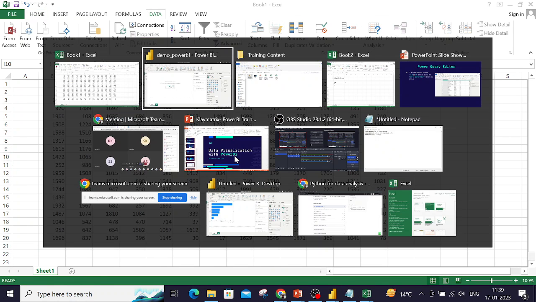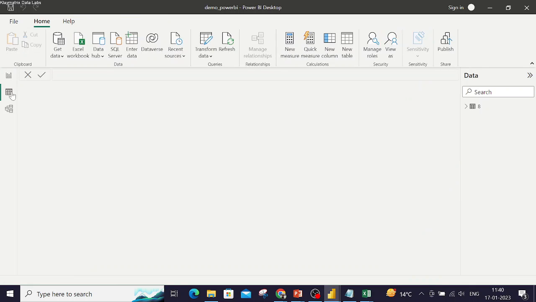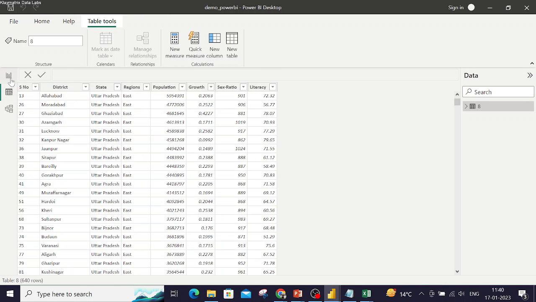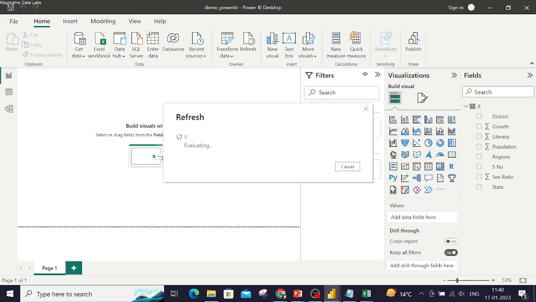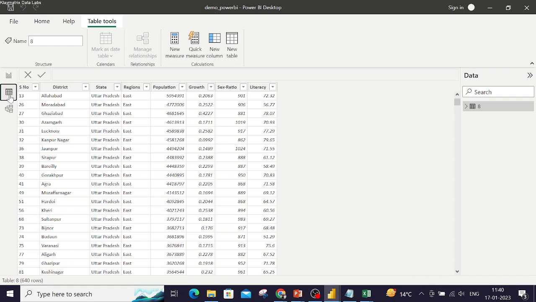and if I see the data here, this is the old data, right? I have not refreshed it. And if I go to my home here and refresh the data, it will again connect to the same file, same data. You should not change the position of the file. That's the only thing that you have to take care of. As long as the folder position is the same, it will still talk to the same data, and your data is updated now, right? It's refreshed data, but it will